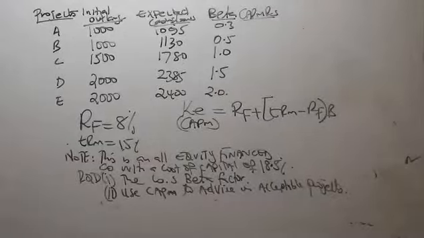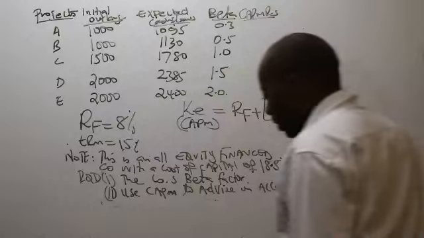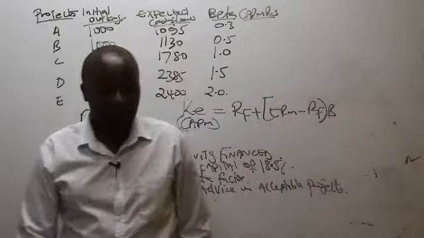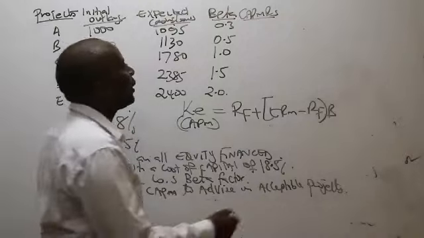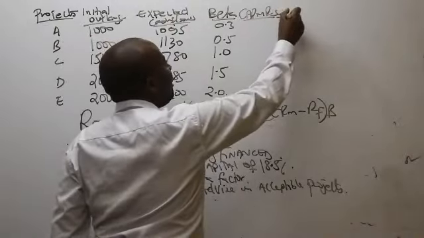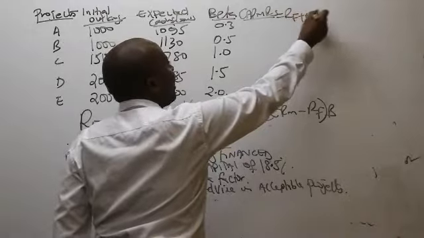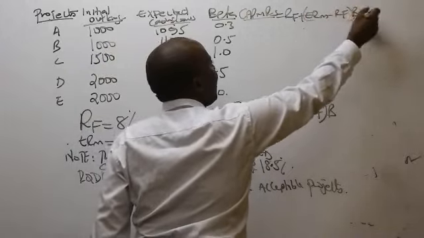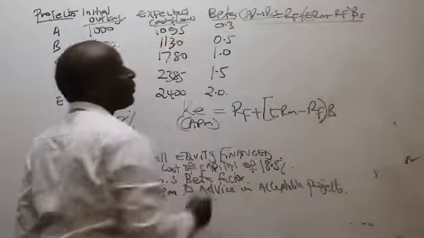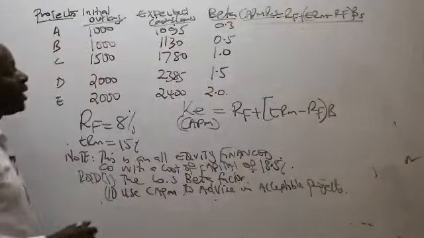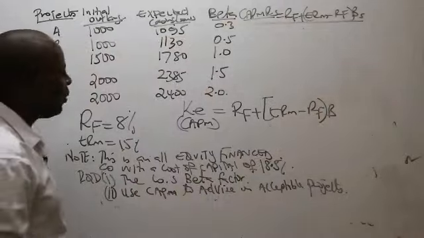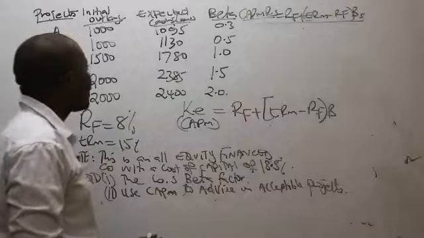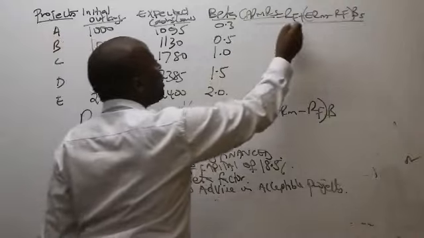Fortunately, we know the formula. There is nobody who is really forcing us. We know that our CAPM returns should be equal to risk-free plus (ERM minus risk-free) multiplied by the beta of the security. So if it is security A, the risk-free will remain the same. Risk-free, you told me, is 8. So I'll take 8